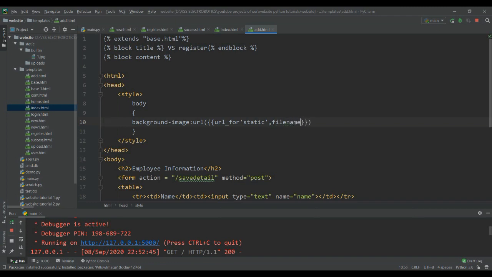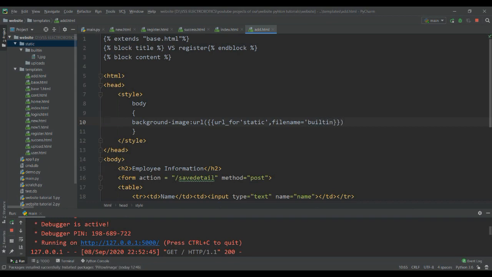We search from the URL: url_for goes back to the static folder, and in that static folder it needs a file name called 1.jpg. But in that static folder itself there is another folder, so I need to write that built-in.